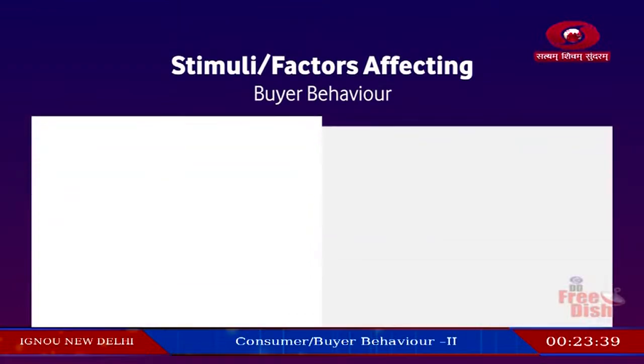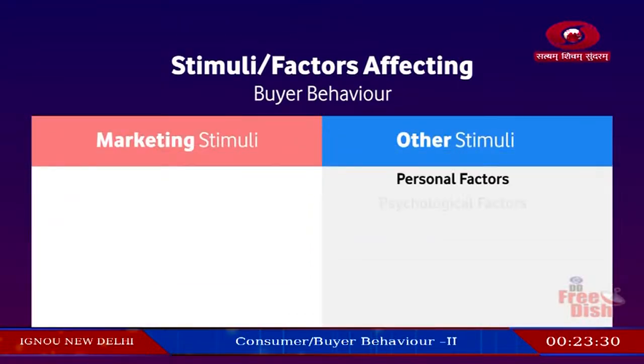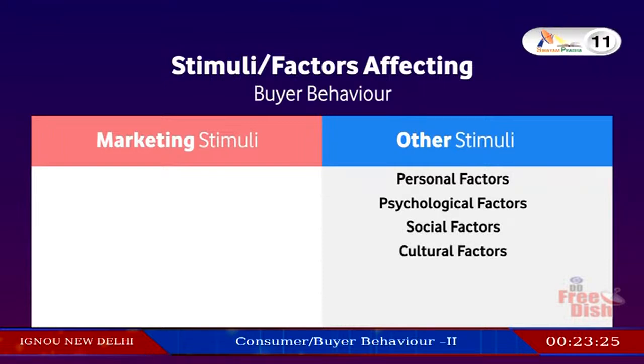As I said, there can be marketing stimuli, there can be other factors: psychological factors, social factors, and cultural factors, right? These are the factors which influence a buyer's decision of buying a commodity. Whether to buy or not to buy, it is affected by these four factors: personal, psychological, social, and cultural. We have already discussed this in the previous session. So the other stimuli are